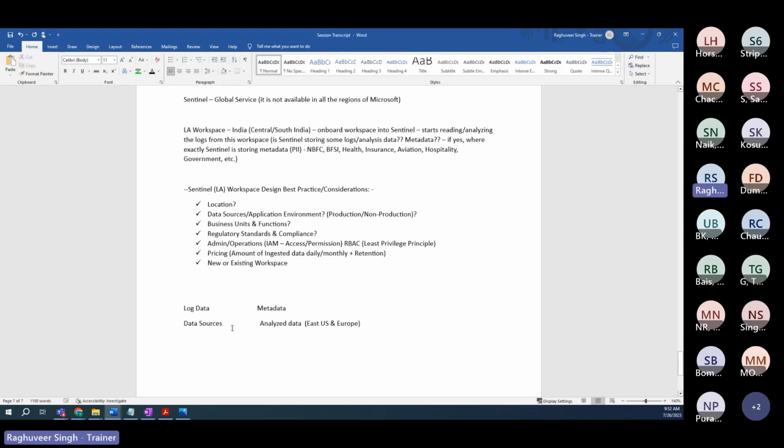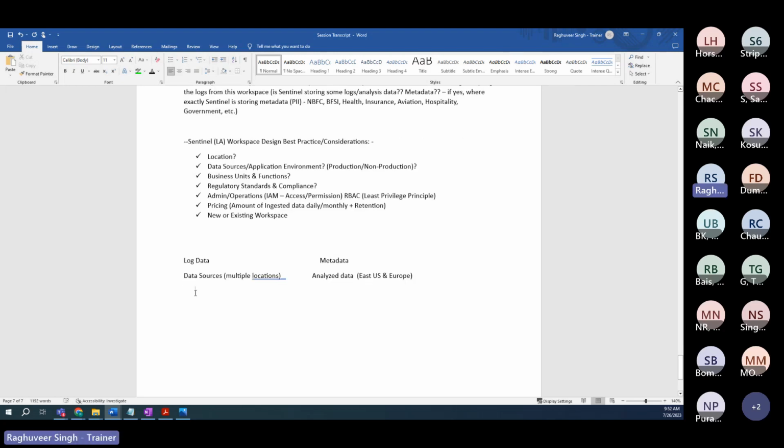That's for metadata. However, the location for these data sources could be at multiple locations, because you already see that the Sentinel service and Log Analytics are GA in multiple locations. So the answer that you will take for this question is you will need to consider both scenarios here. It is not that metadata is in US and log data is across multiple regions, so you decide to keep the same workspace for all the locations. No. If you have operations in India, in US, in Australia,